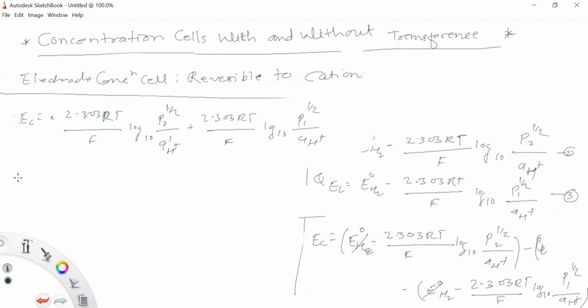Now आता हे इक्वेशन जर असं लिहिलं असेल तर हेच इक्वेशन्स म्हणजे काय मगासारखं आपण करू शकतोय EC. आता हा कॉमन फॅक्टर आहे तो आपण बाहेर काढतोय. म्हणजे काय होईल इथे, minus 2.303 upon F. इथे काय राहील शिल्लक ब्रॅकेटमध्ये, log to the base 10 P2 1/2 upon activity of H plus minus log to the base 10 P1 1/2 upon activity of H plus, and bracket come.